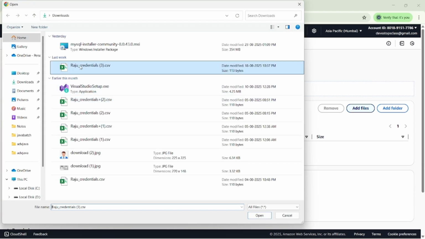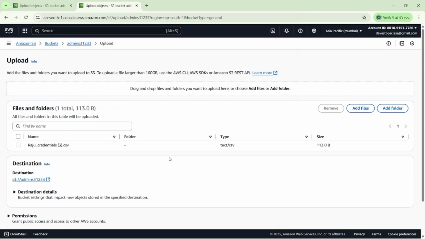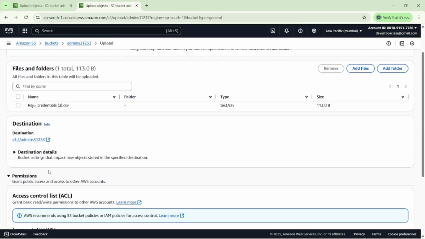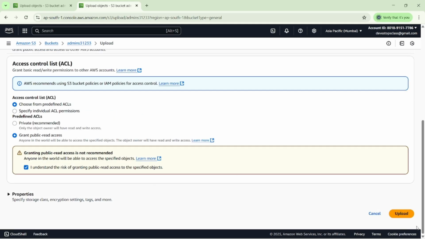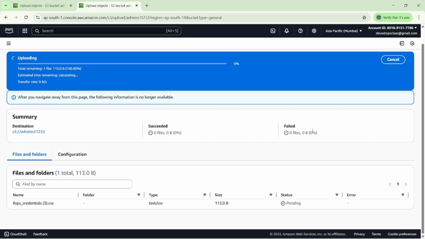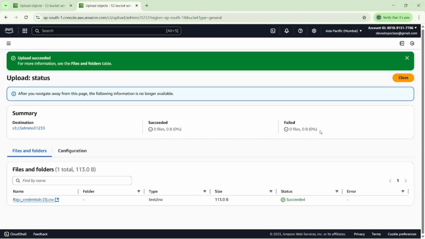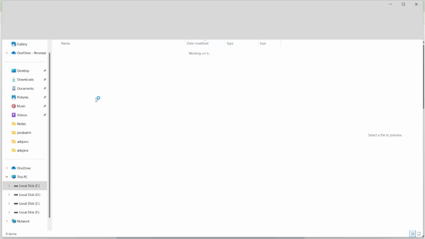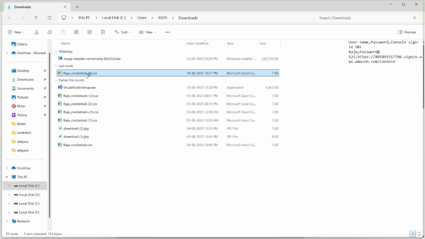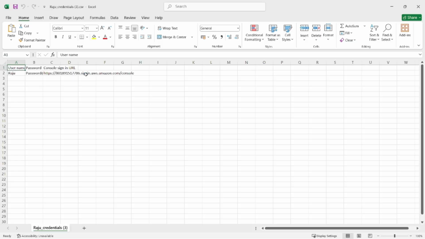suppose I'm uploading these Raju credentials. Once we uploaded the Raju credentials here, in the morning I have updated some data in this file, but after that, sometime after we uploaded the file, I have modified this file. Suppose I'm modifying this file and I have added the new data, but I don't want to override the file. I want the previous one also, the new one also, because